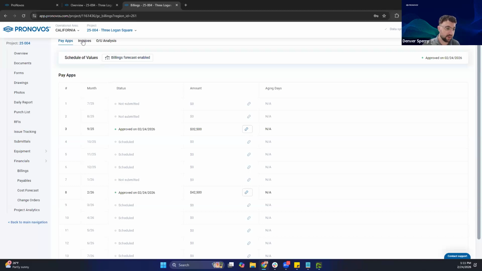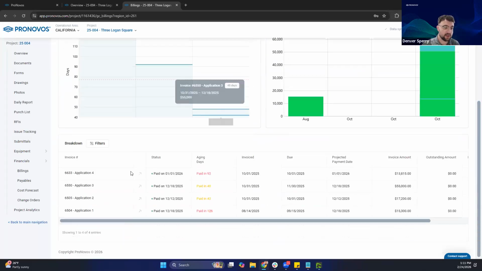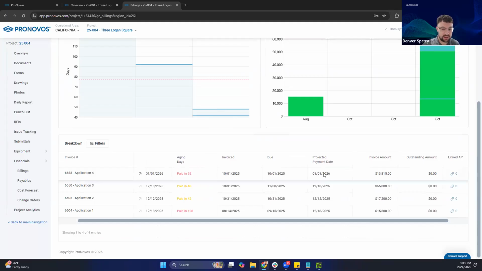So then going back to the invoices tab, once your invoices start getting into the accounting system tracked, we can then start managing those projected payment dates. Those can either be manually done, or there's new logic to assign those updated projected dates. That way, once again, for cash flow purposes and just keeping tabs on everything about the job, we can just keep everyone in the know, from the accounting team to the project team to the billing team,